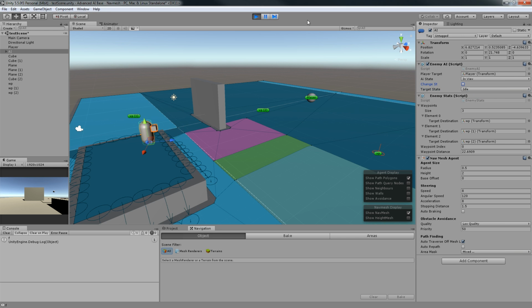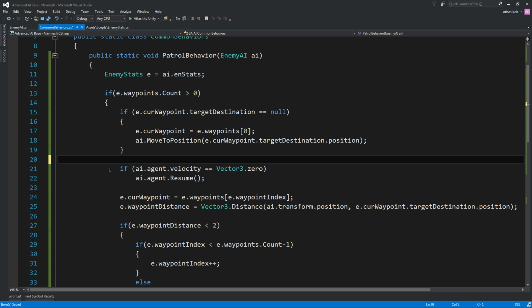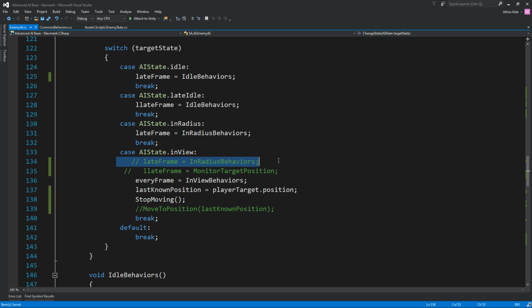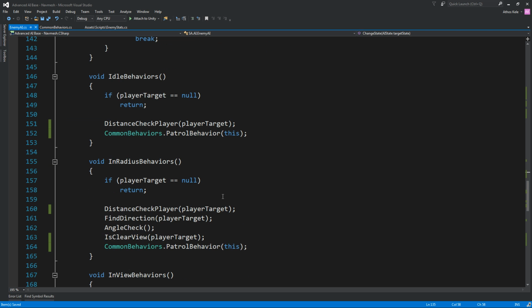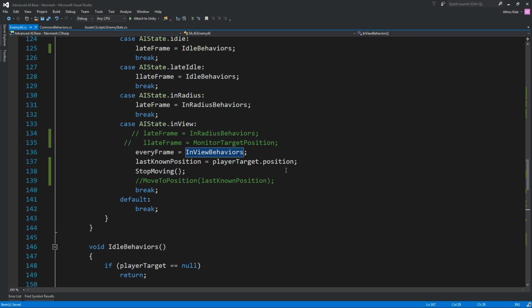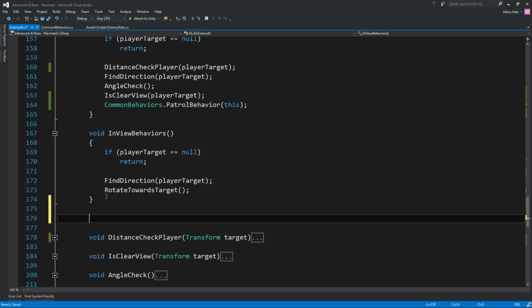Okay. So let's dive into the script again. We don't want this anymore. We know where we are getting it. So let's go inside our enemy AI, and let's also make sure we can utilize this. Now, in view behaviors, we're using this on every frame, but some of this we don't have to run on every frame. So what we can do is void in view behaviors, secondary,